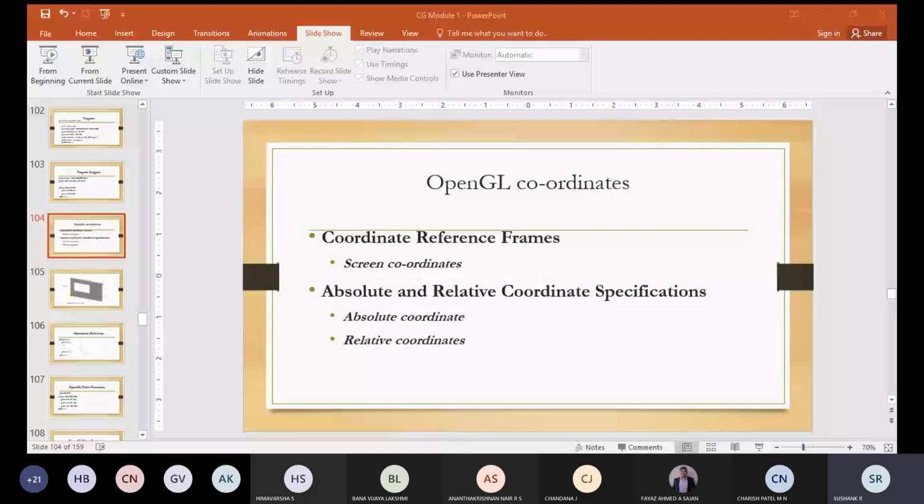Since gluOrtho2D specifies an orthogonal projection, you should be sure that the coordinate values are placed in the projection matrix, that is, GL_PROJECTION, the matrix mode which we used in the basic program.